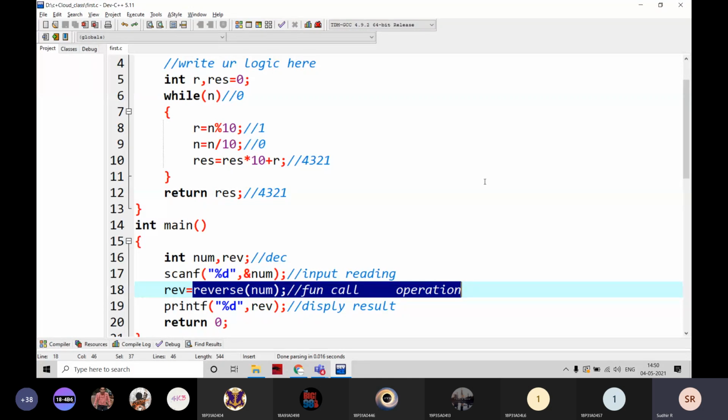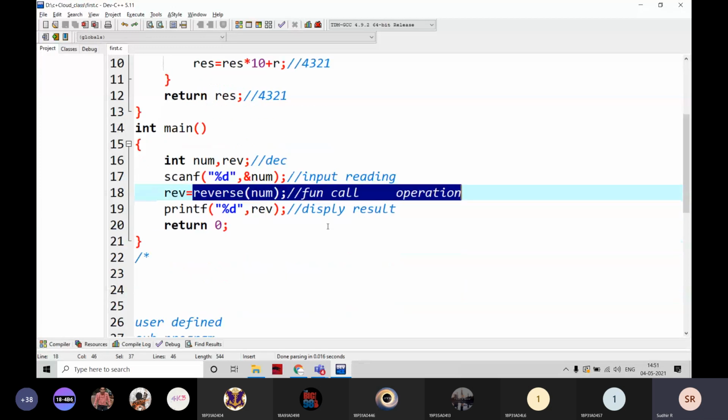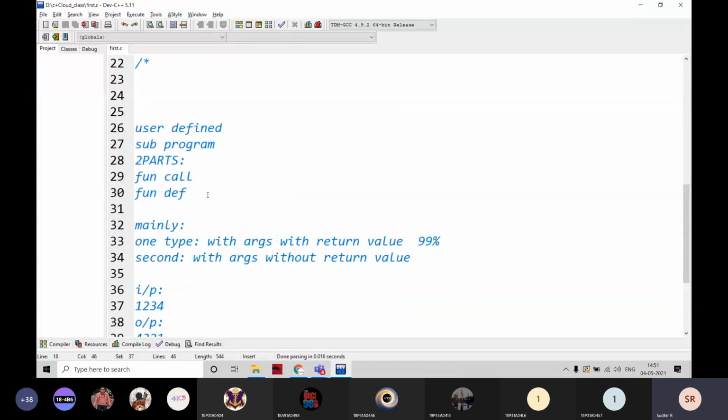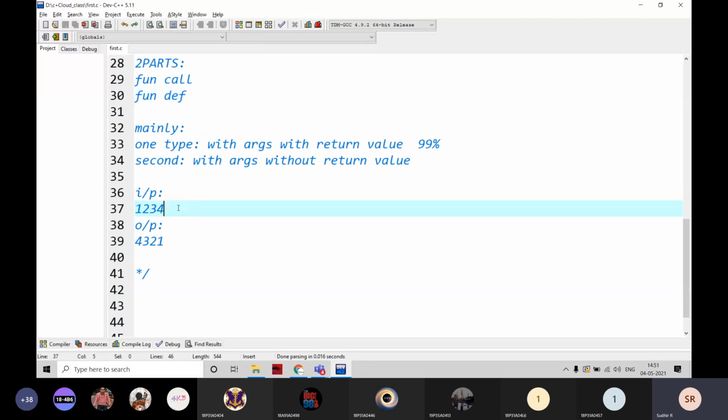Students, any doubt? Can I move to the next question? Okay. Now the sample program name is going to be palindrome or not.